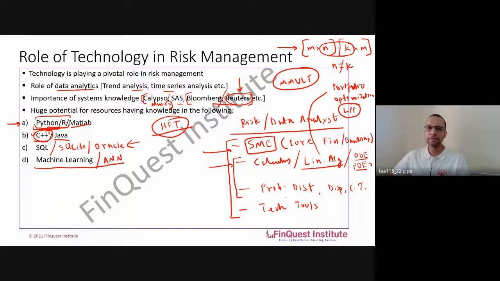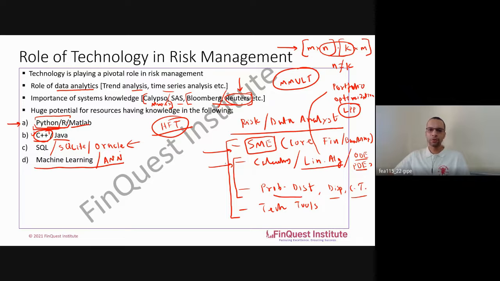Also, we will spend some time understanding probability distributions because they are equally important, something which will be useful not just now but later on as well, especially when we talk from an options theory perspective. Probability distributions become very, very important. Also, things like measures of dispersion and central tendency, so standard deviation, mean, median, mode, etc. All of these things are important. So we'll do a quick recap along the way.